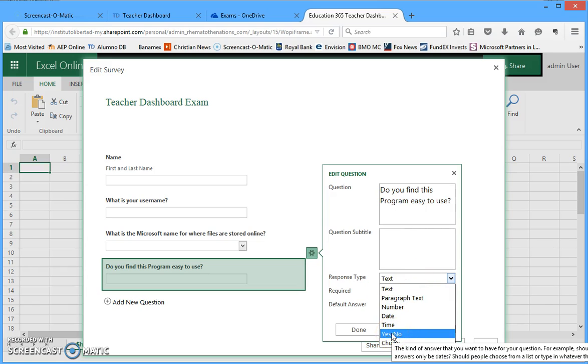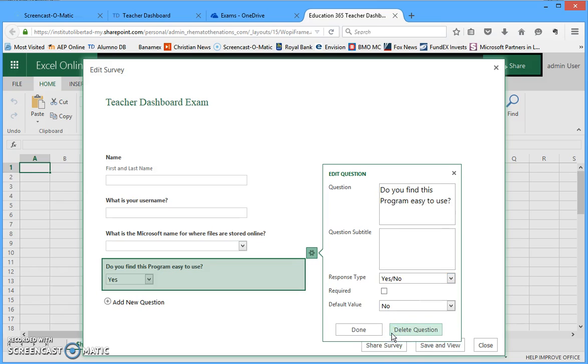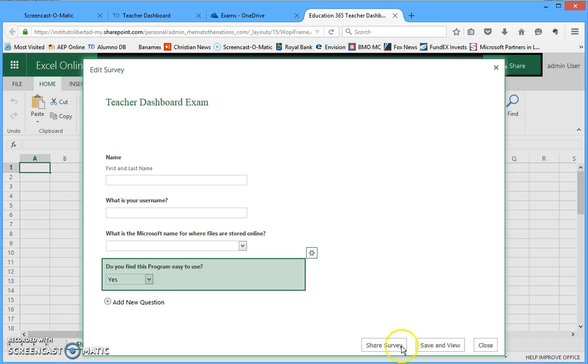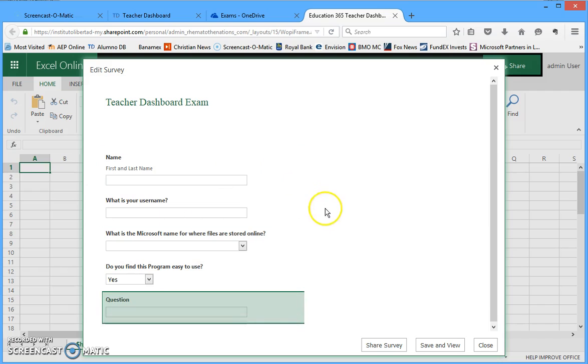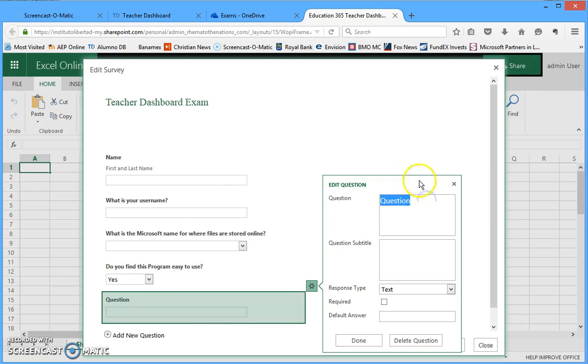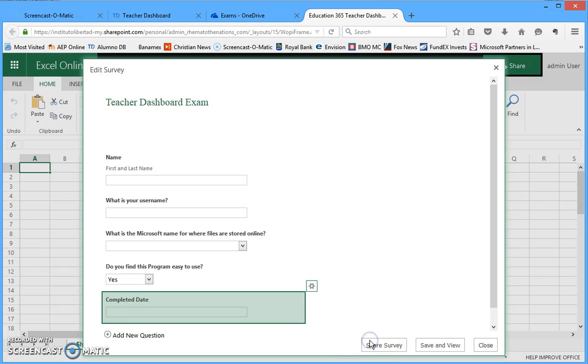And this is a yes or no. Now, I also would like to have a date on this particular exam. So okay. Now, let's say, for example, that I look at my survey, and this is a very simple survey, but